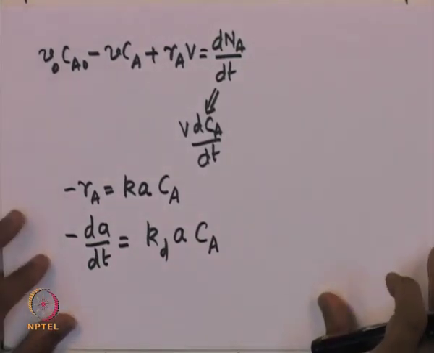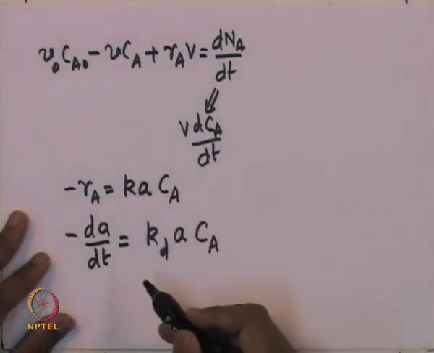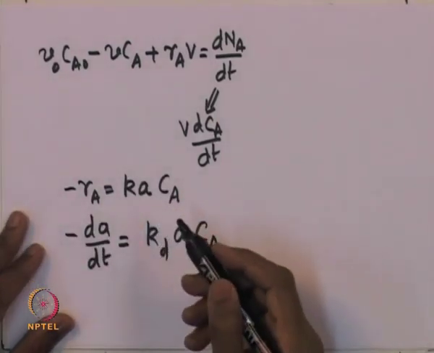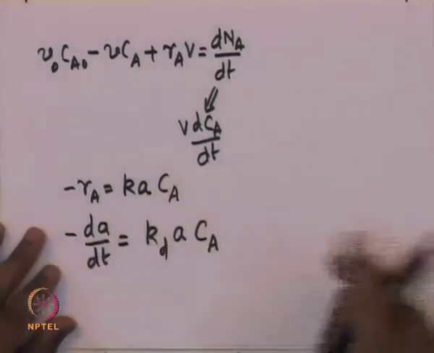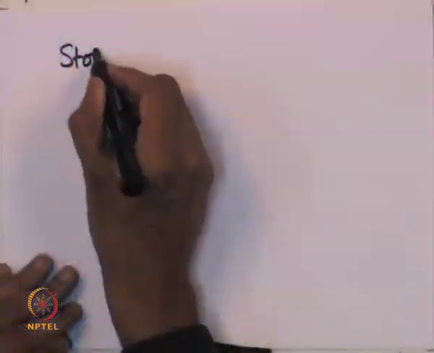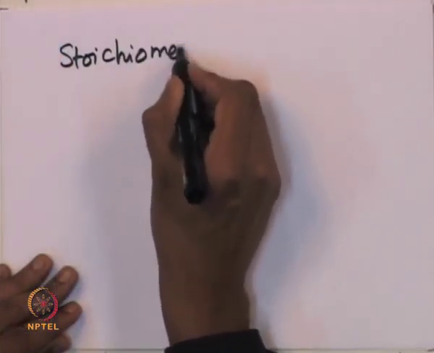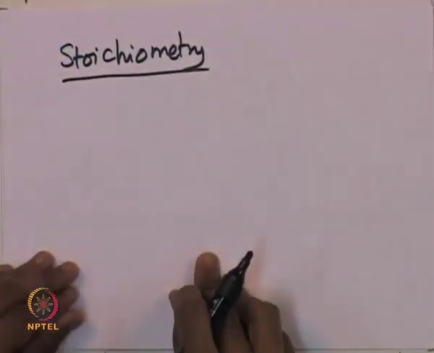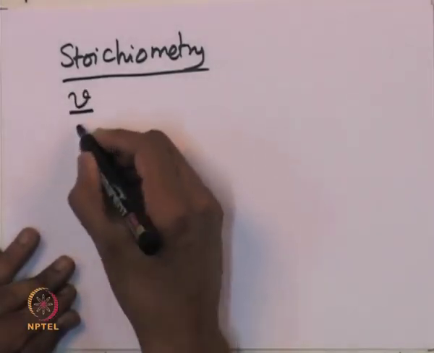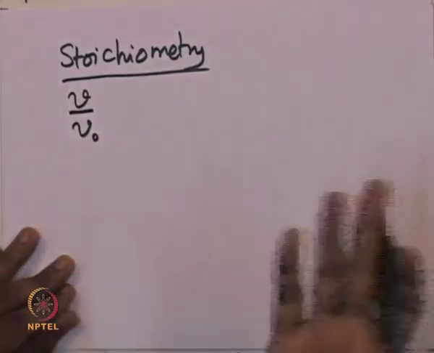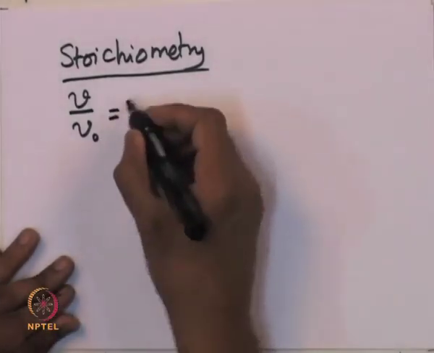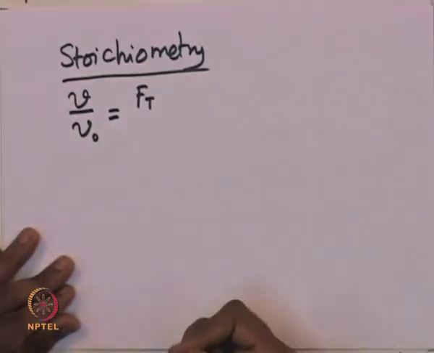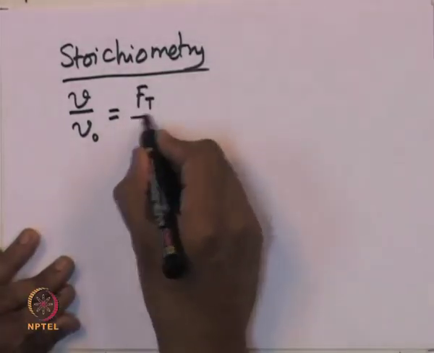Now, if we know the rates of this reaction, that is the reaction rate, then the next step in designing the reactors is to use the stoichiometry and relate these terms. So, using stoichiometry, we can find that the volumetric flow rate of the stream that leaves the reactor divided by the volumetric flow rate of the stream that enters the reactor should be equal to the molar flow rate Ft with which the species leaves divided by the